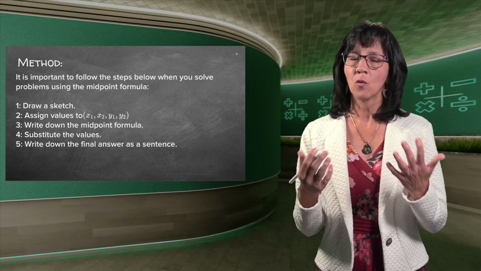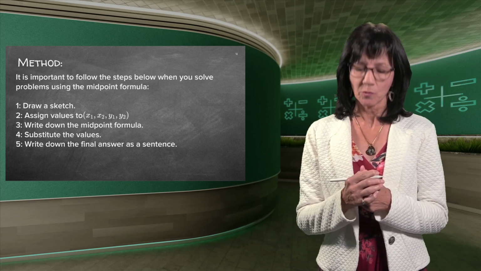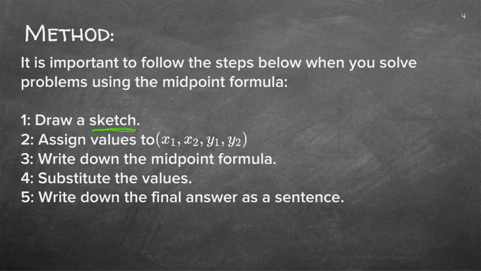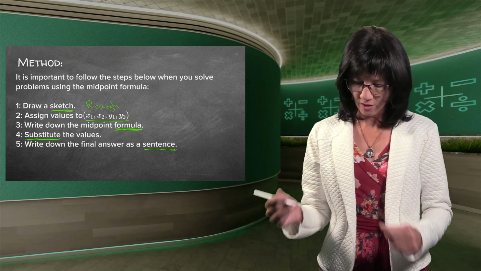Now the method, we always need to know exactly step by step what we need to do. Remember to draw a sketch, a very rough sketch. You're not going to spend time on that. Then you assign your values, your coordinates x1, y1 and x2, y2. Then you write down the formula as previously. Whenever you've got a formula, the next step would be to substitute normal values into those letters, and then just the final answer, you give a neat answer in a proper English sentence, depending on what they asked you, and you answer them properly.